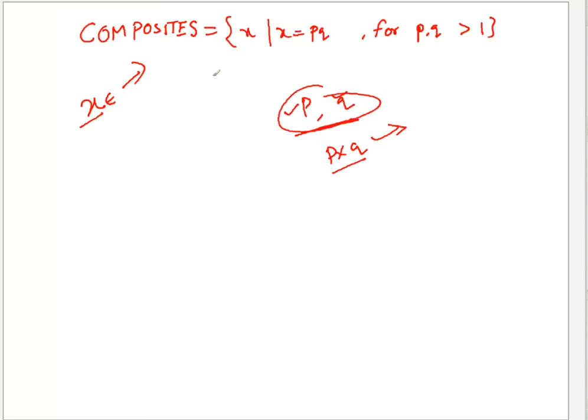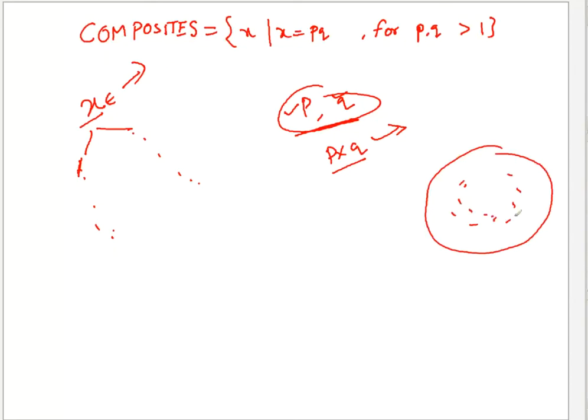So verifiability is something easy, but if you had to check in general whether x is composite, what are you going to do? For all possible values of two numbers, you're going to place 2, 3, 4, and check for all possibilities, and you're going to keep multiplying and checking. So from the exhaustive search, again you have to do a very brute force way, and that will be exponential.